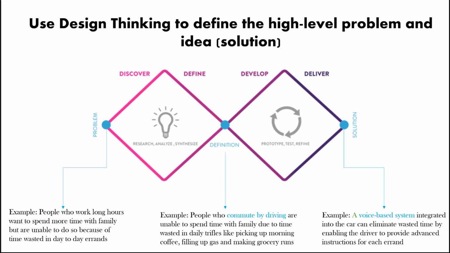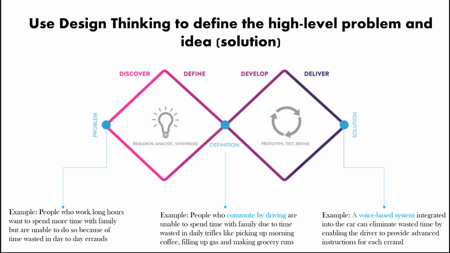But essentially what this means is that you spend two cycles, one going pretty deep and broad on the problem space, and then converging into a succinct definition of the problem. And the second one doing the same on the solutioning side, going very broad into the solution space, imagining everything that's possible, and then coming up with the most promising solution at the end of it. And you're still not in build mode. You're still just ideating. So think about this as a high-level way to get from your ambiguous problem frame that you've put together to a more concrete problem, and then to a starting of a solution